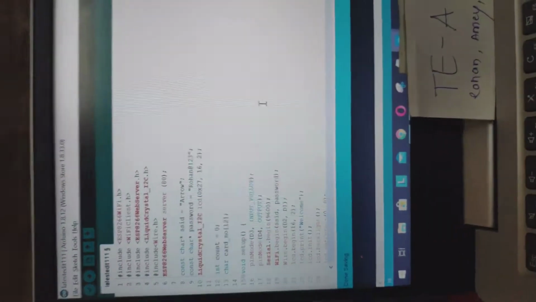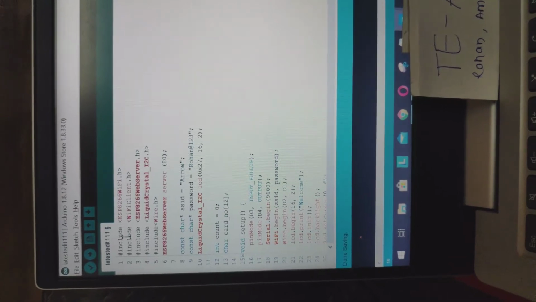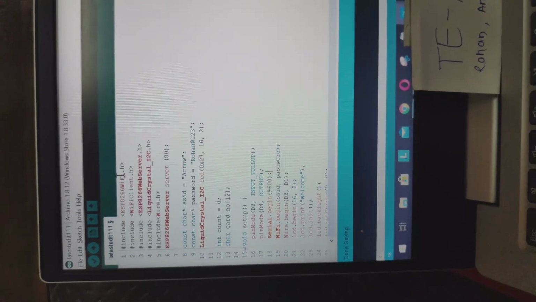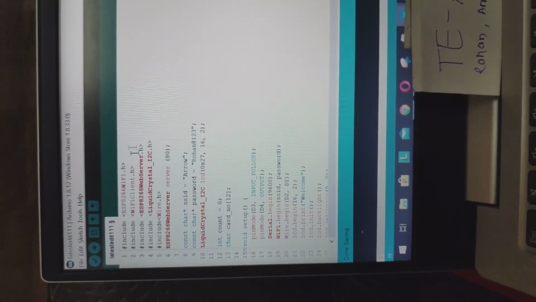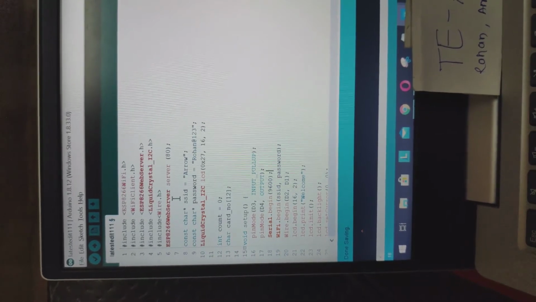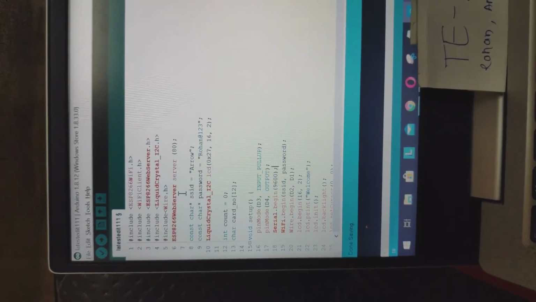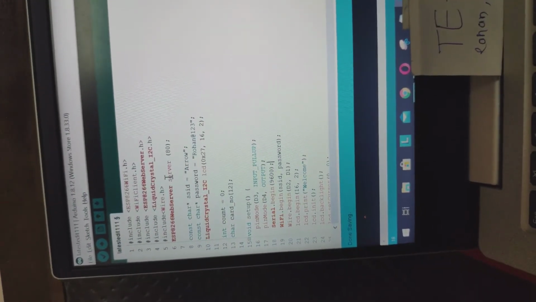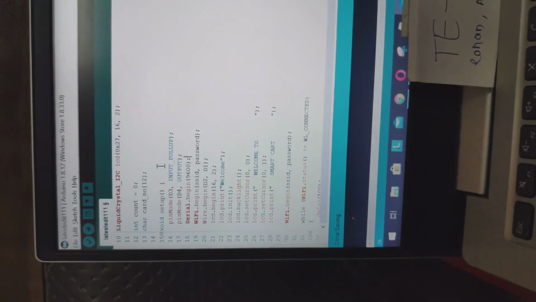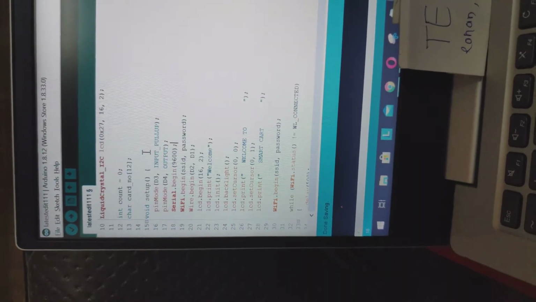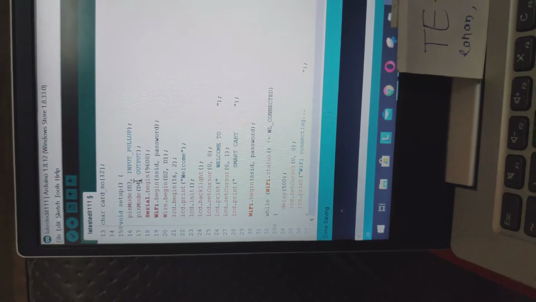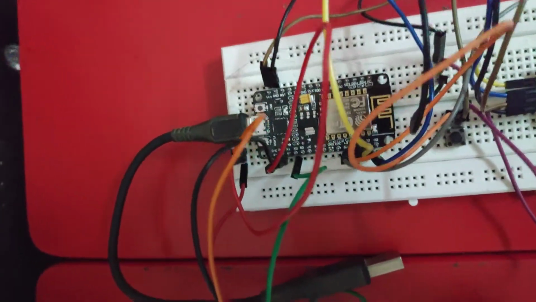Let us see the code. Here, the header files are being included: ESP8266 WiFi for Node MCU, and WiFi client for connecting the WiFi to Node MCU. The ESP8266 web server is an important header file here, because it helps connect our Node MCU to the web server. Pin mode D3 will act as an input and D4 will act as an output in Node MCU.